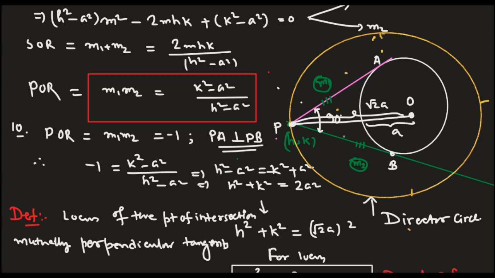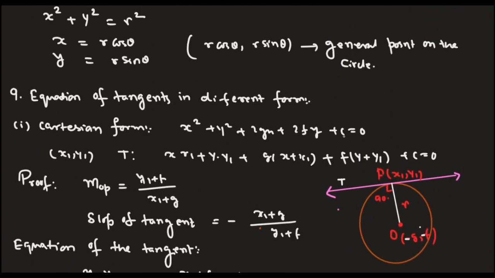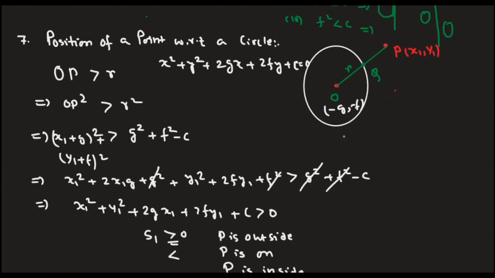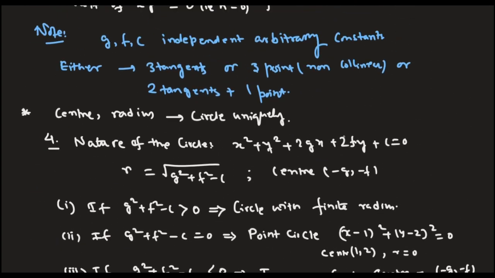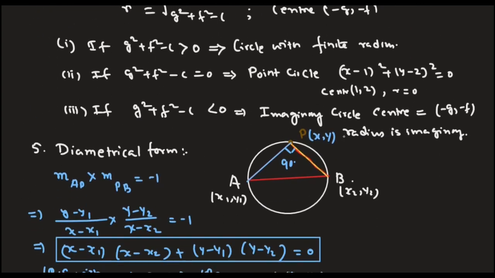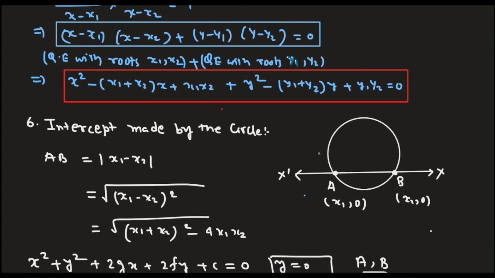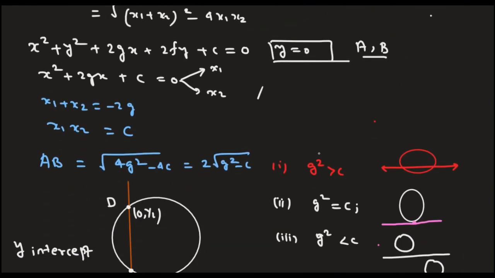So what I just discussed, in short, now here I am describing the diametrical form of a circle. Point number 5: how to find the equation of intercepts made by the circle on the x-axis and y-axis. What is their length? For the x-axis it is 2 times root over g square minus c, and for the y-axis it is 2 times root over f square minus